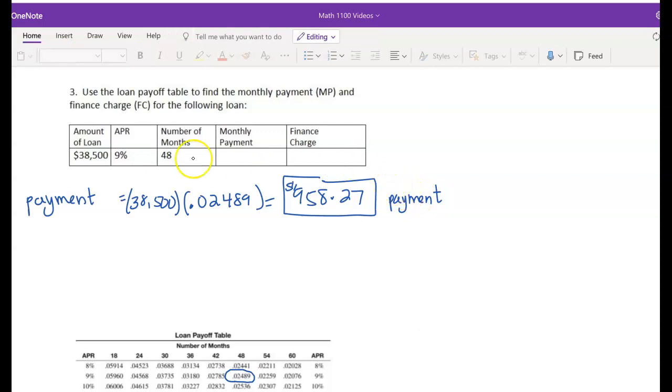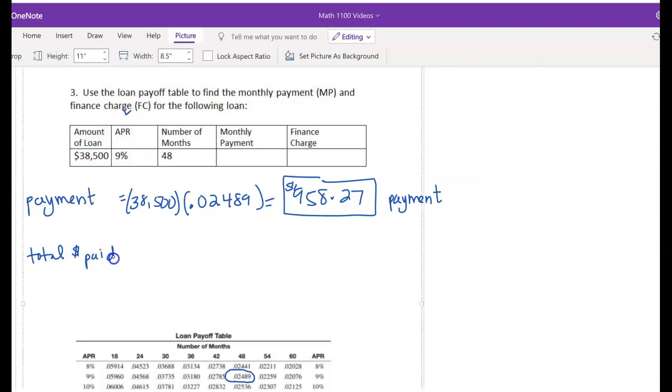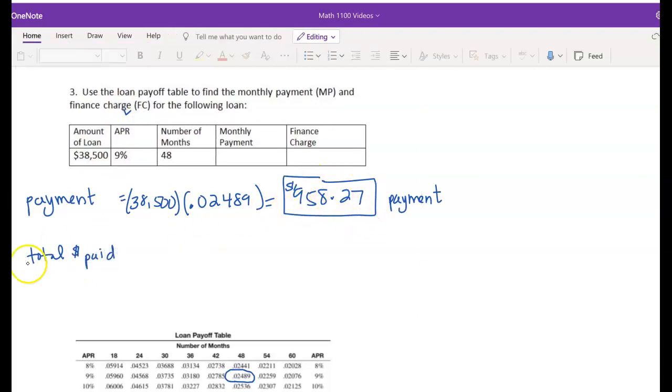Okay. The second part says to find the finance charge. So let's find the total money paid. And again, we're going to take our payment of $958.27 and multiply it by how many payments were made, 48 payments in this case. And I get a total amount paid of